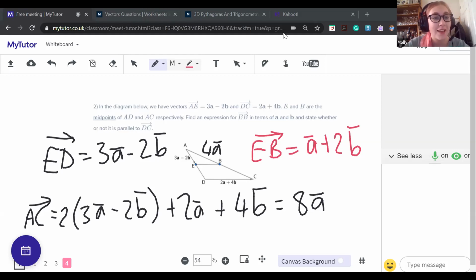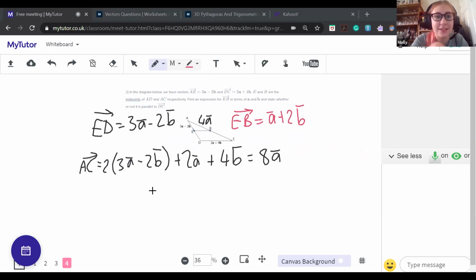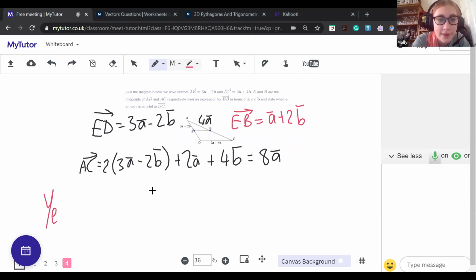Perfect, yeah. A couple of people actually have said it in exactly the right way. So they are parallel. And the reason that you'll need to give to make it properly mathematical, we want to say yes, because